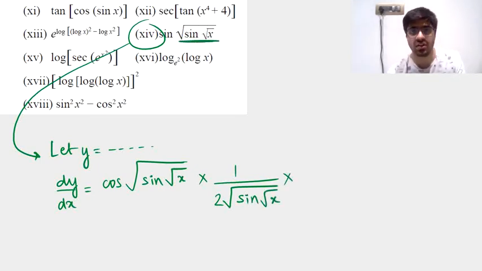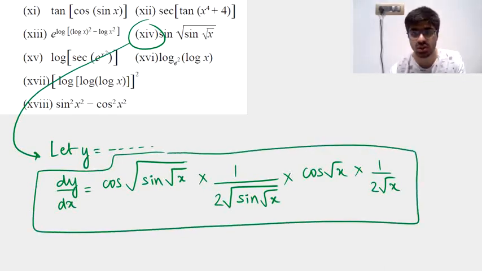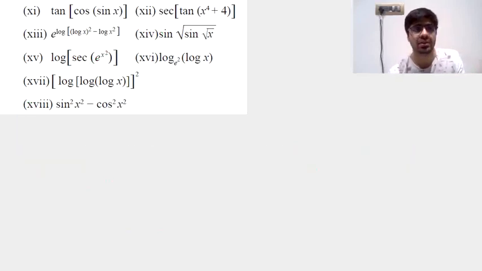Multiply that further with the derivative of sine root x, that will be cos root x, multiplied with the derivative of root x, that is 1 upon 2 root x. Okay, you can multiply this 2 and 2 with each other, and that will be 4. And yeah, that's it. There's no further simplification possible in there. So you can say that this finally is your dy by dx expression. Like I said, multiply the 2 terms, make it 4, compress it and write it in a proper organized manner, but all of it is something that you can manage by yourself. So I'll skip that part and try to solve as many questions in as much less time as possible.